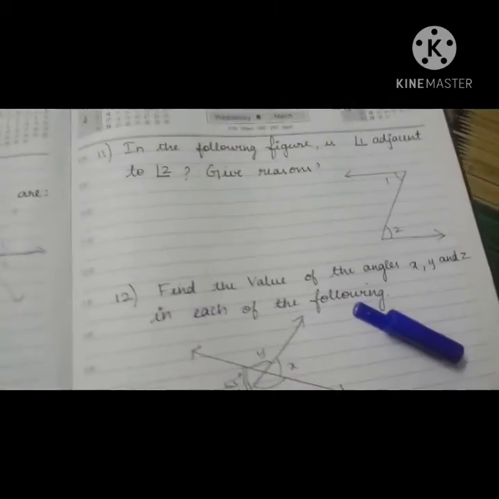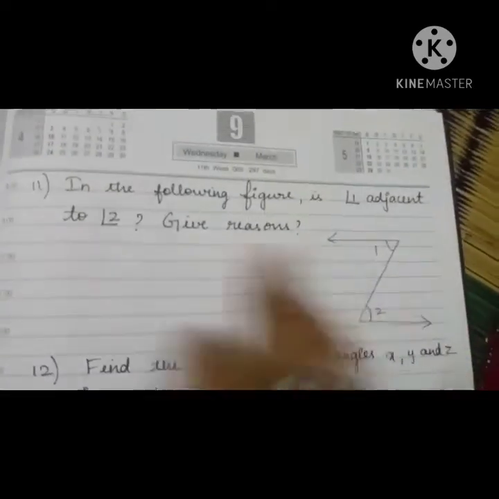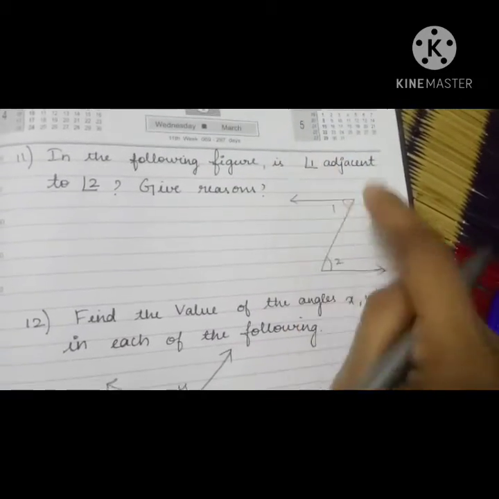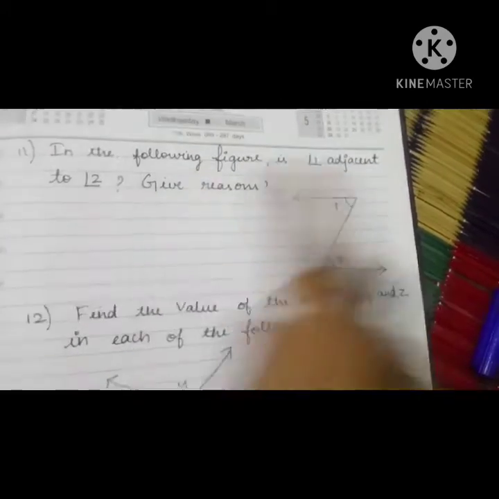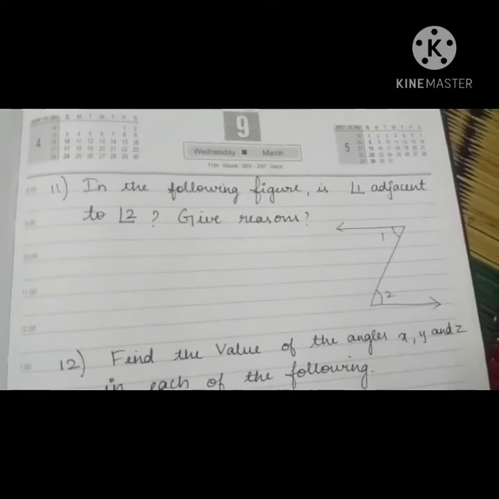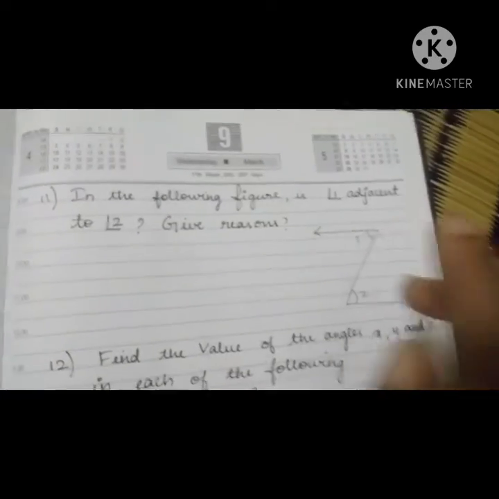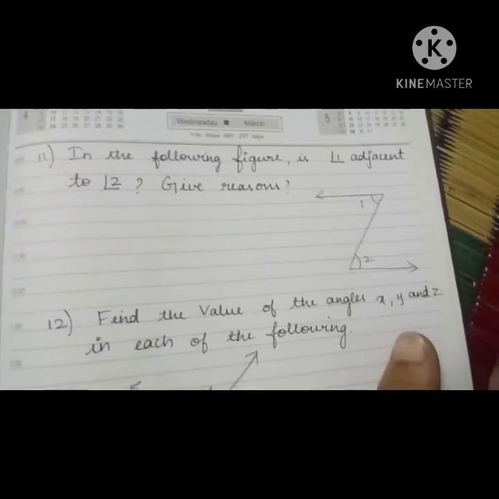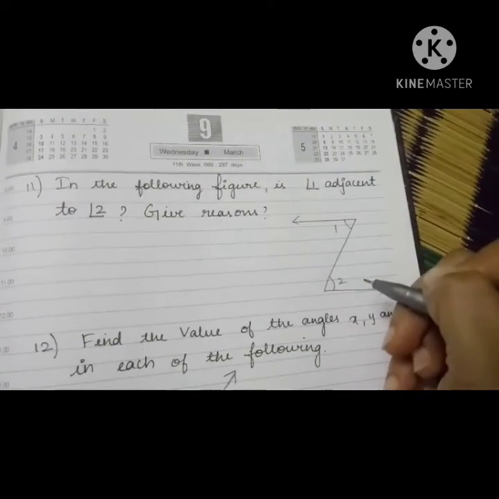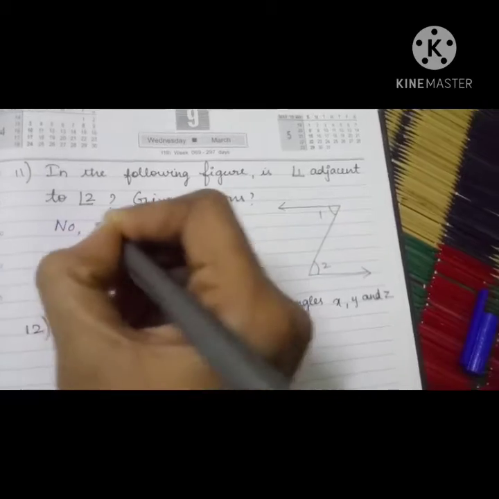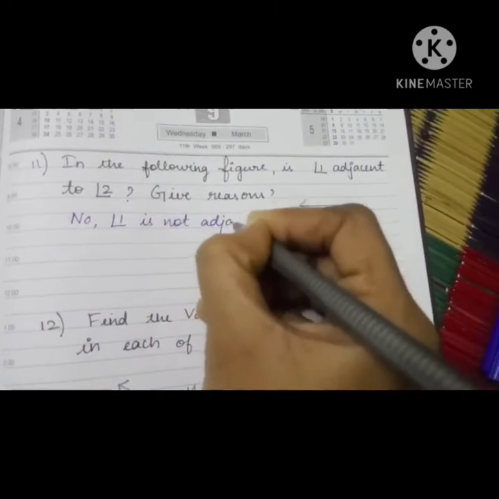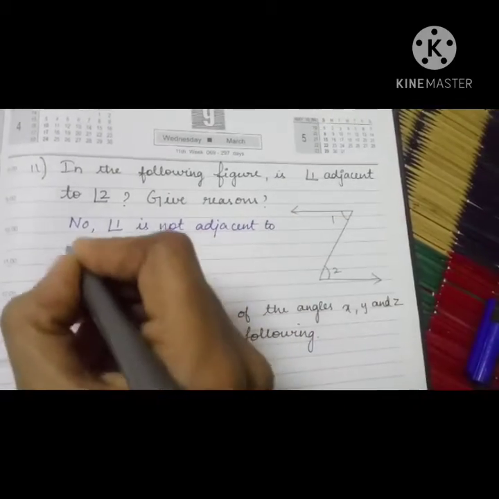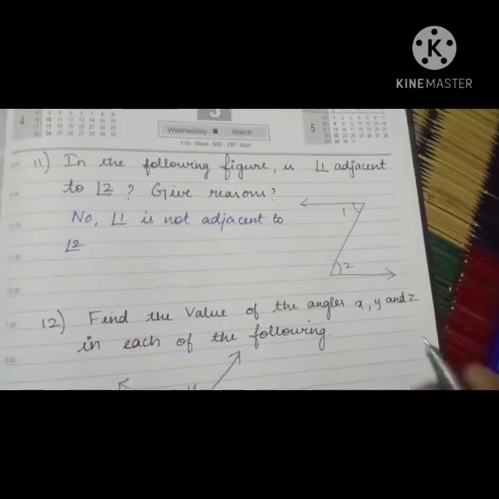Next is your second problem, the 11th problem. In the following figure, angle 1 and angle 2 are adjacent to each other. Give reasons. We are supposed to find whether 1 and 2 are adjacent to each other. Okay. Whether they are adjacent? No. Angle 1 is not adjacent to angle 2. Why? Because